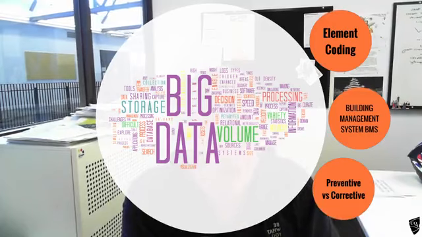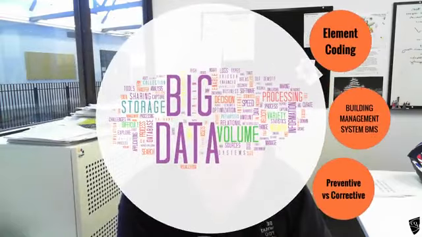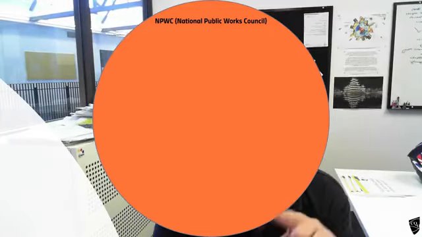So it can come in different formats, your data, and there's loads of ways. You get that data from one-to-one conversations and interviews with people. Element coding, which I seem to have forgotten to put in for some reason. The National Public Works Council and the old lecture touches on this. What I wanted to say on top of the old lecture, this breakdown that you'll see in the old lecture, go and Google it, find it yourself,